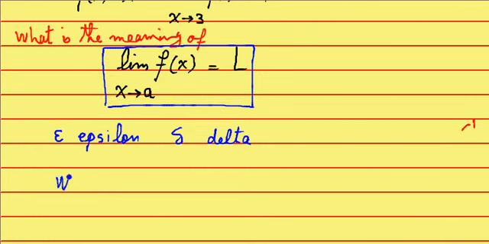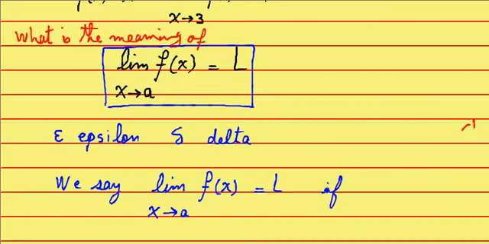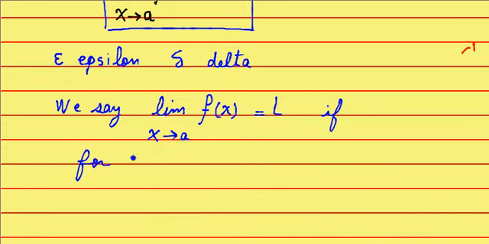We say the limit of f of x as x approaches a is the number L if for any positive epsilon, for any epsilon that is positive, there is another positive number, there is delta, a positive number, such that